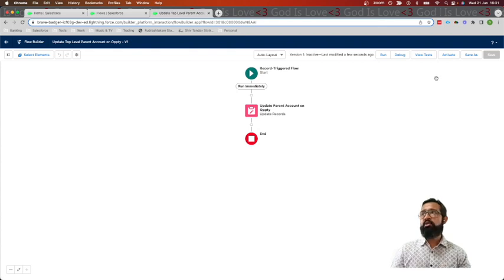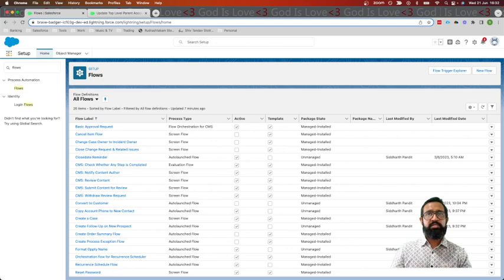Great. Now also activate the flow by clicking activate button. Everything looks good. Now let's test the flow. So click on the app launcher and then